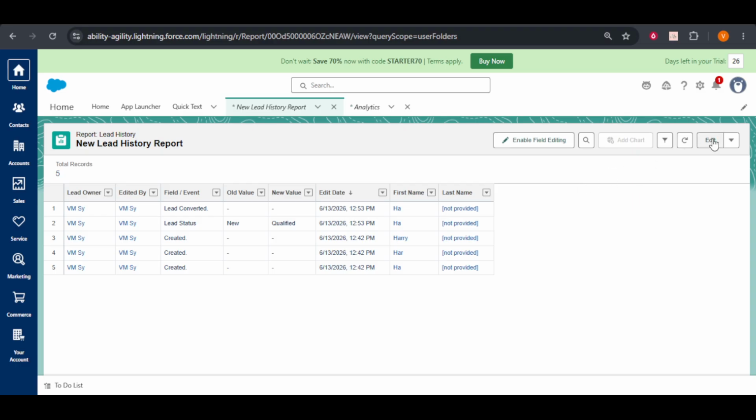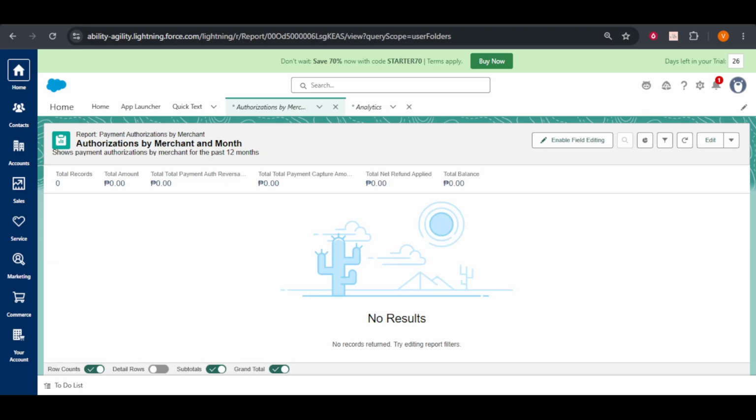Now, with your report set up correctly, it's time to add a chart. Look towards the top right toolbar of your screen and locate the Add Chart button. It's represented by a bar graph icon, making it easy to spot. Give it a click, and you'll notice that a default chart will appear instantly on your screen. Salesforce has done the legwork here by providing a standard chart, but we can tailor it to better fit your